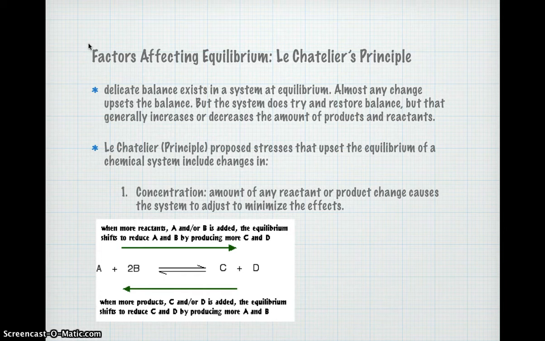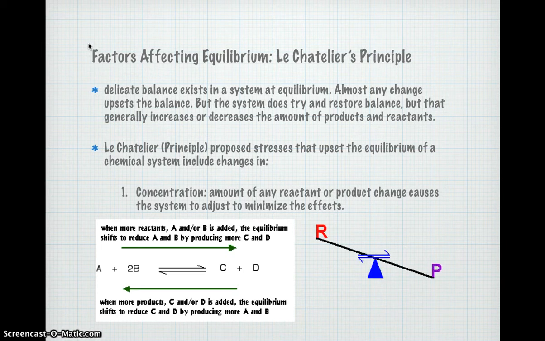A and B. So when you're adding or subtracting on either side of the equation, whether it's on the reactant side or the product side, Le Chatelier's principle says the system wants to get back to stability. It wants to get back to equilibrium. So it will do what it can to do that, to try to restore balance. And to do that, they add or subtract the